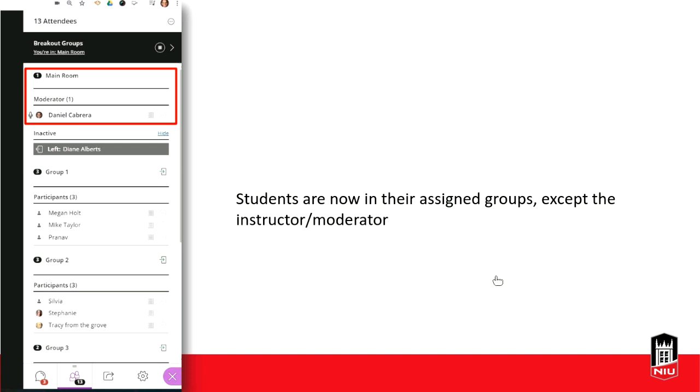So right now I'm still seeing this from the instructor perspective. I'll show you what it looks like from the student's perspective in just a minute. But as you can see, Deanne Cabrera is in the main group. But if I look over here in group 1, I have 3 people in group 1, Megan, Mike, and Pranav. In group 2, I have 3 people, Sylvia, Stephanie, and Tracy. Okay, and then if I was to scroll down, I could see the other people and what group they are